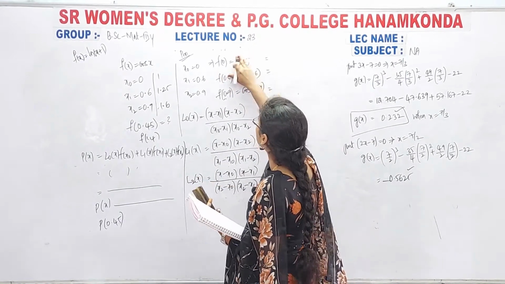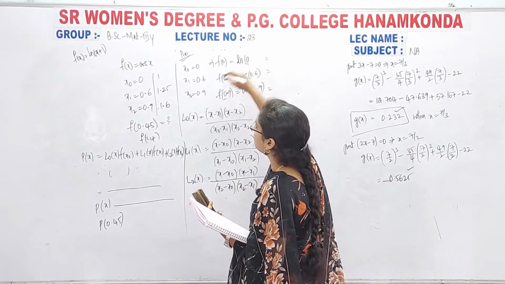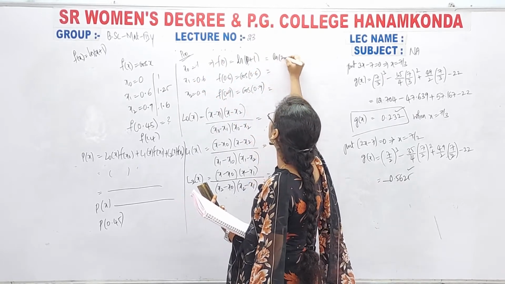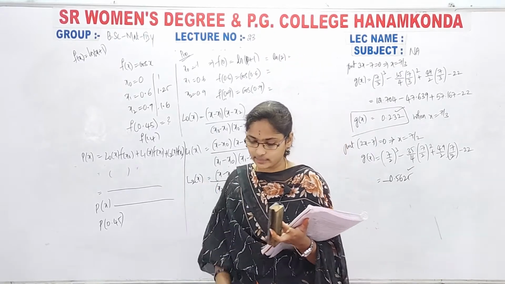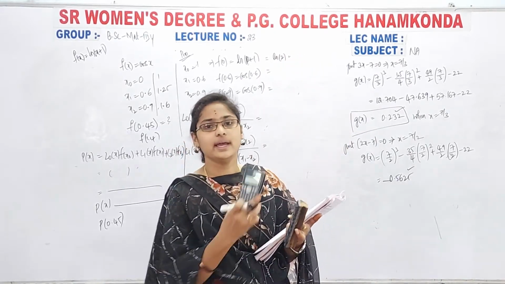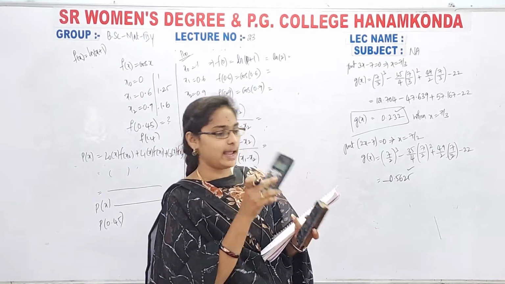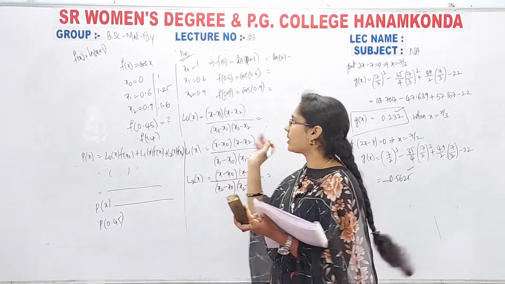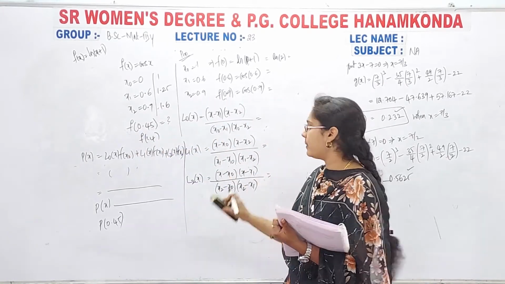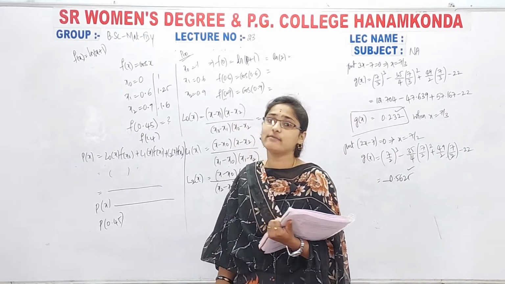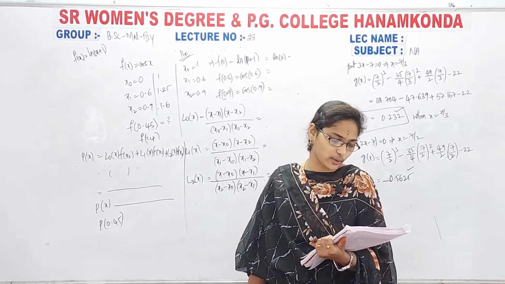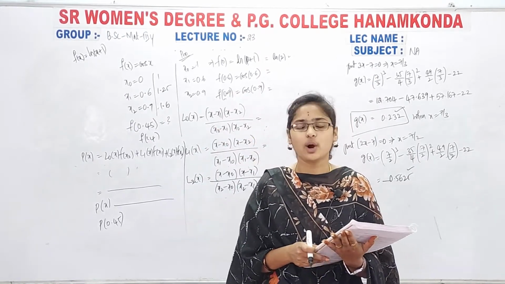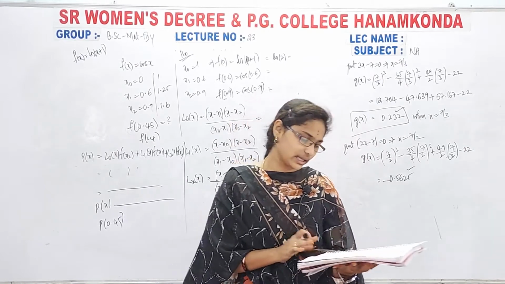Now ln of x plus 1: what is the first value? 1, so 1 plus 1, so ln of 2, just calculate that value. In the calculator we have ln directly, ln of 2 gives 0.693 and so on. Same procedure, but finally after getting the polynomial equation you have to substitute x is equal to 1.4. So girls, please calculate all this, because I have to know whether you are listening to the classes or not.